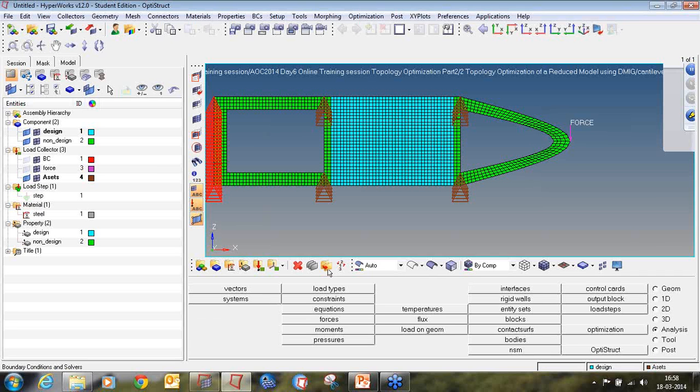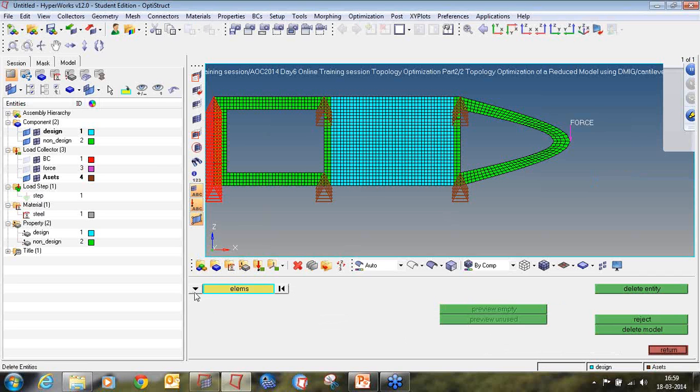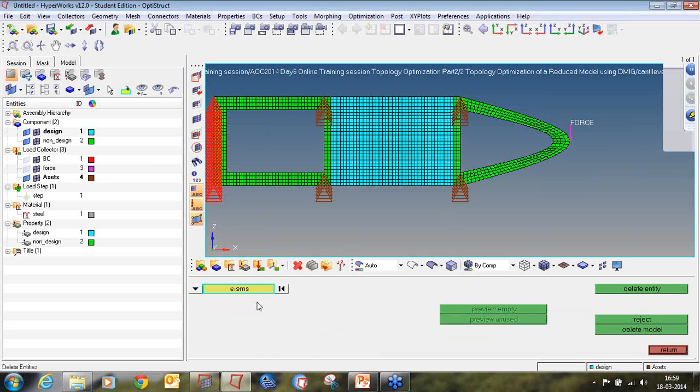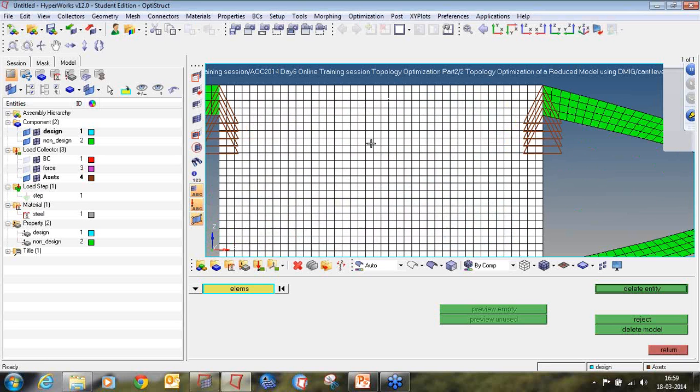So, we will go to the delete panel, this cross. If you click on this cross, you can enter the delete panel, or press F2 from your keyboard. Click on this drop box and make sure you select element, and delete these elements which we are going to convert into super elements.